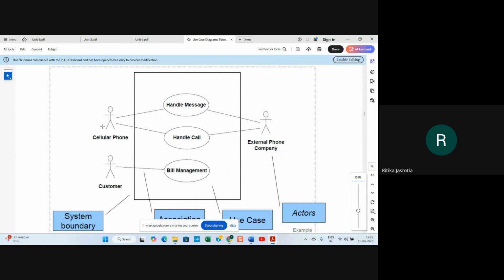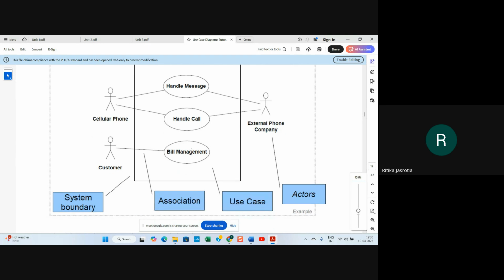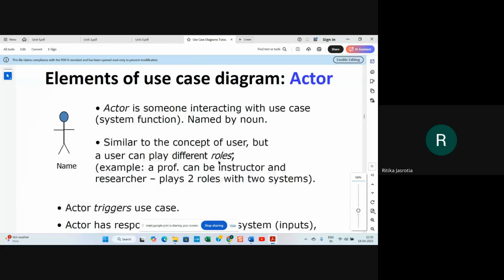One actor is the cellular phone, another is the customer, and another actor is the external phone company. The cellular phone can handle message and handle call, and the phone company will be managing handle message and handle call, and the customer will pay the bill. Bill payment will be done by the customer. So these are the three use cases in the system. These are the actors, this is a use case, and these are the associations between the actor and the use case.